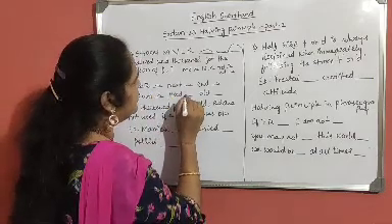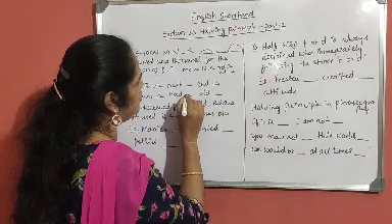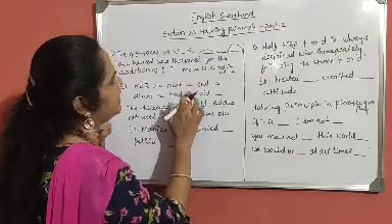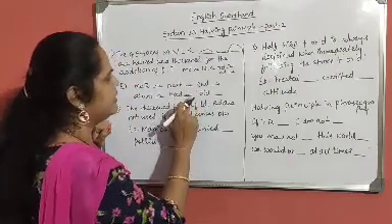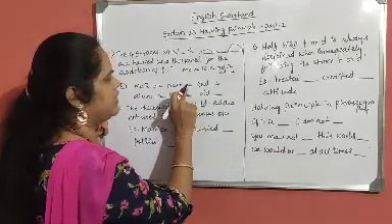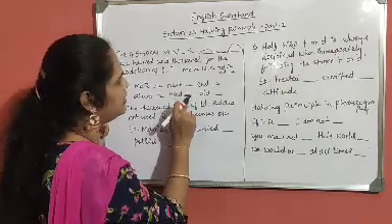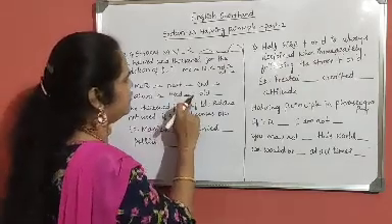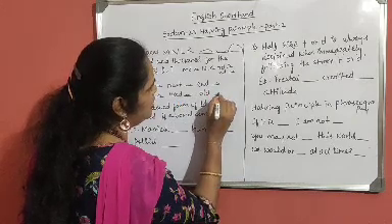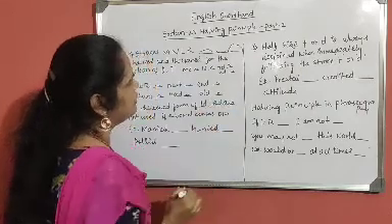Then need. N, you have to write the thickened form of N for D, so that we can make out the difference between neat and need. For neat we have to write the light stroke. N is halved for T and N is halved for D, and here for N we have to write the thickened form. Then old. L is written half of the stroke. This is the oval.